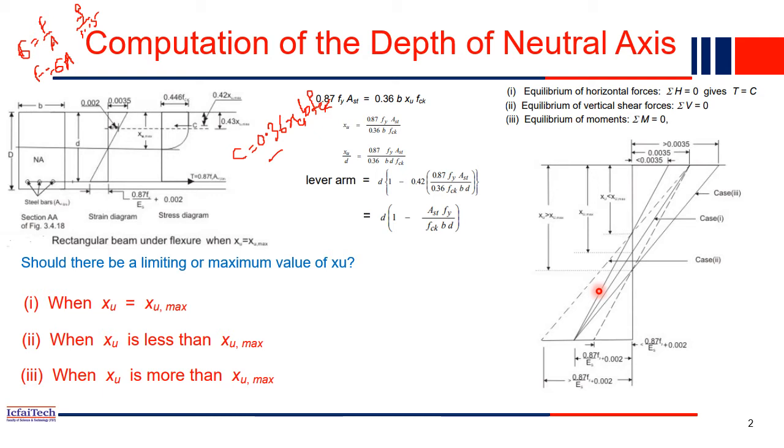That is how steel always gives sufficient warning to those who are staying in the house that you should evacuate, as the building can collapse at any time. That's why steel failure is always acceptable. So whenever we design a structure, we always make sure that our steel should fail first, not the concrete. Concrete failure means the collapse will be immediate, whereas steel failure means the collapse won't be immediate. It will be a gradual collapse. It will give you cracks, and gradually the crack width will increase, and later on the structure will fail.